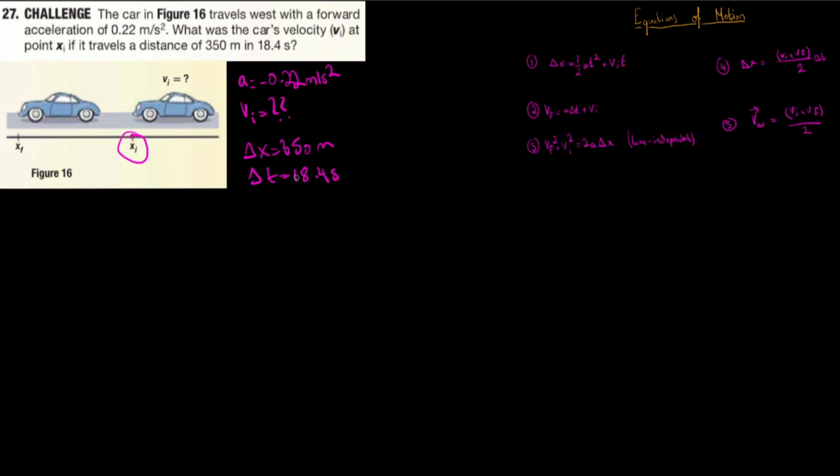Which formula will we use? Well, we want to find the initial velocity, but we don't have the final velocity. We don't have the final. And the only formula that does that for us is this one right here. So we're going to use it,